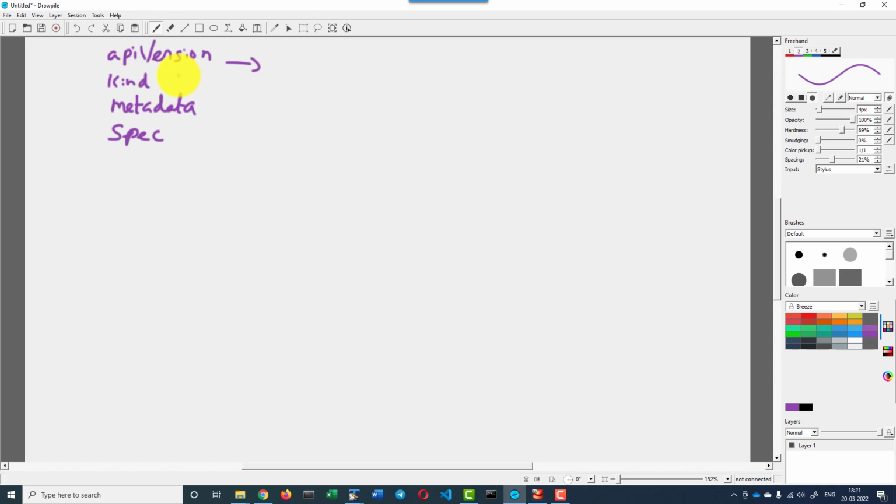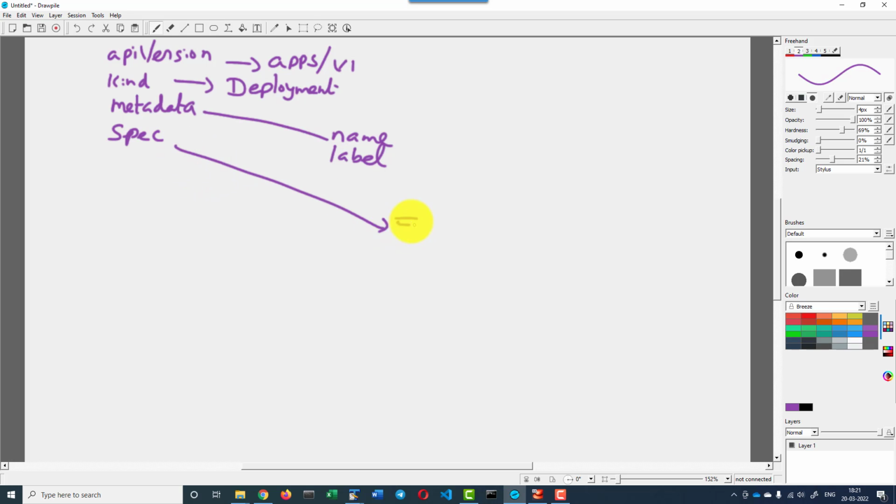API version, the version of Kubernetes that we are using, and as of now it will be apps/v1, and the kind it will say deployment, and metadata will be having the details about what is the name of the deployment and what label should be added against the deployment. Specification will be having the details on the number of replicas it should maintain